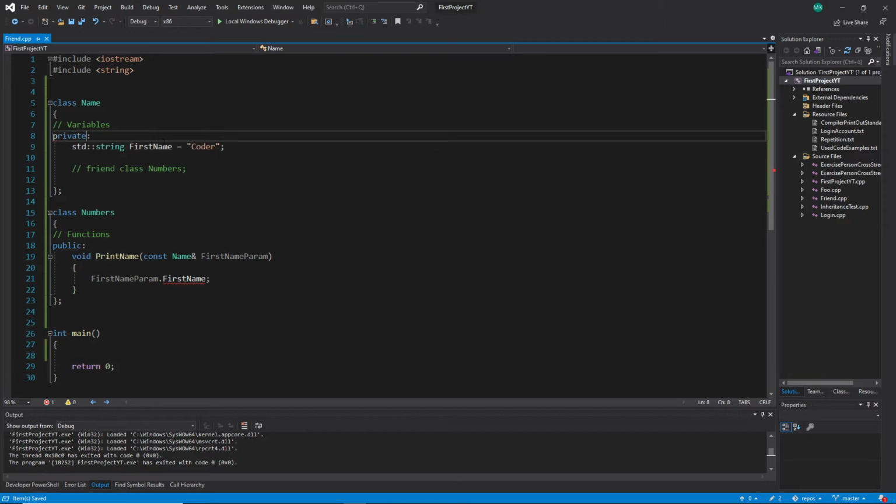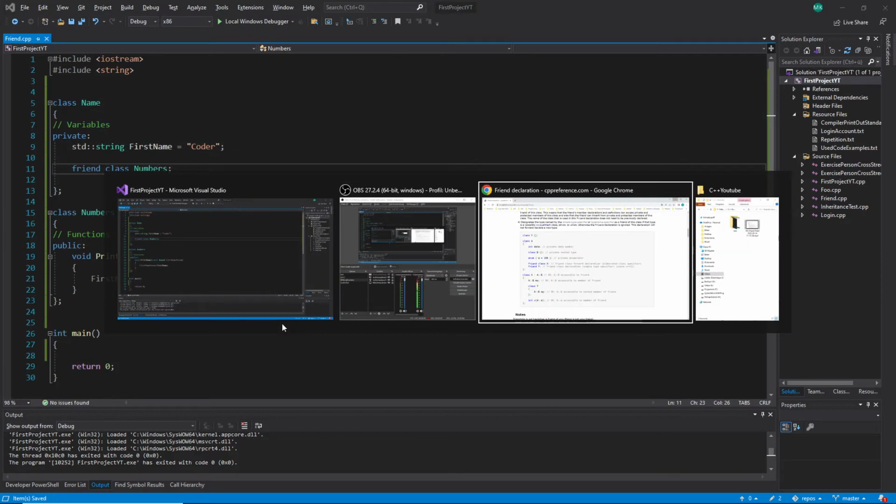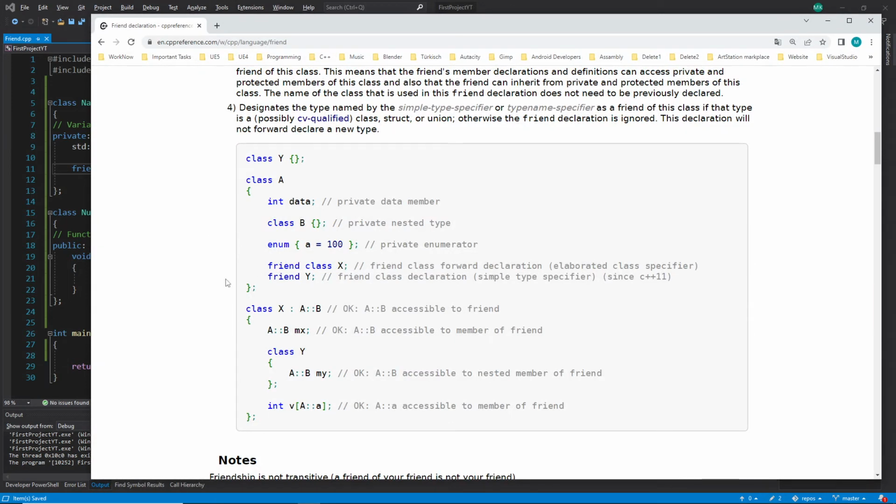You should all read these reasons why you should keep it private or not public. And if you understand this, that is nice. But you can see that making a whole class a friend of another class is fairly easy. And when we watch this example that they used, you can see they have declared on top a